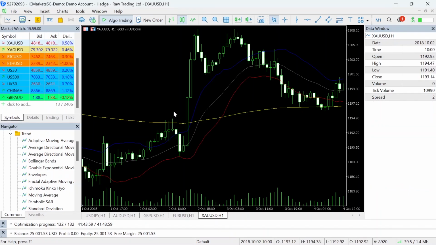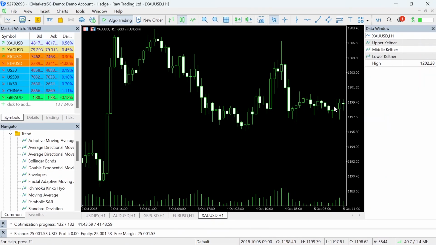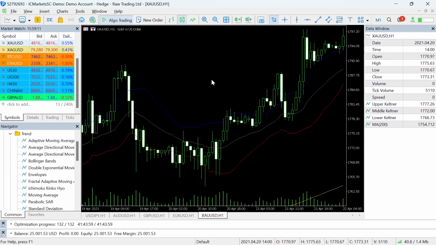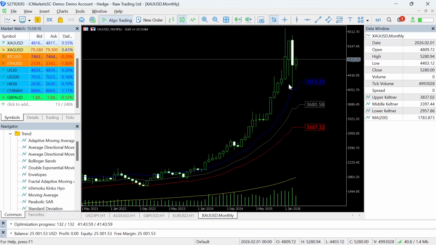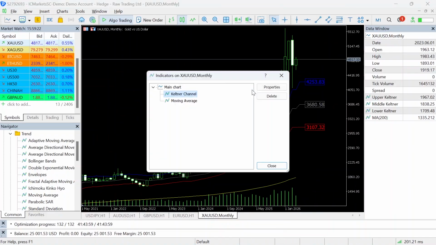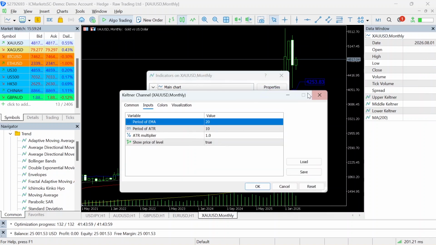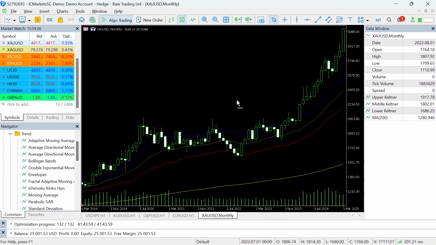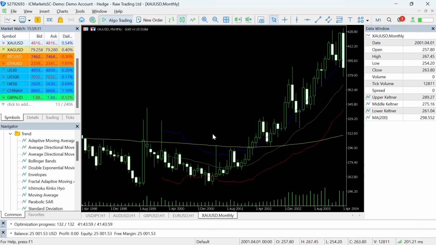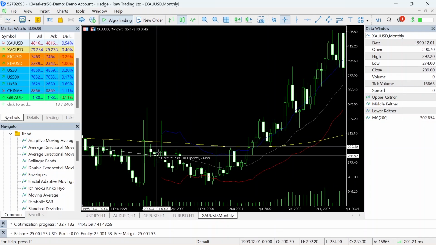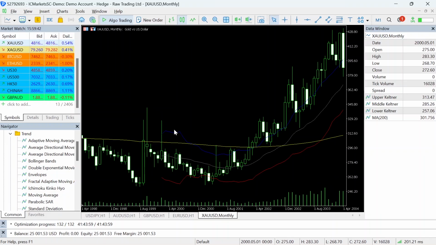So what I'm trying to do is this. Let's go for a time frame with a limited number of candles. So I'll just go back to my time frame, or maybe the monthly time frame. Now, let's quickly recall what the period is. You can see the period is 20. Now, if you scroll back to the end, you can see that the last 21 candles do not have these Keltner lines. And that is because it is unable to calculate for these last